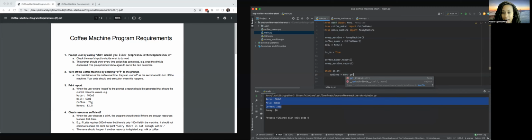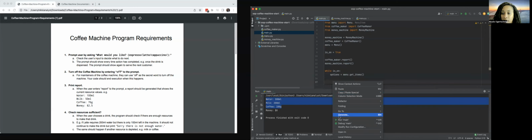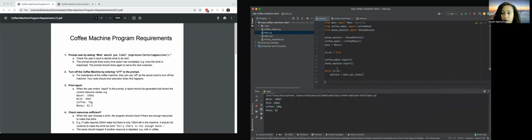All right, let's go ahead and get items, right? So, and let's go ahead and do that. Run it. So we do have a while loop, so it's on. So when it's on, we're going to do the options get items. But if choice, did I spell that right? Yes, equals